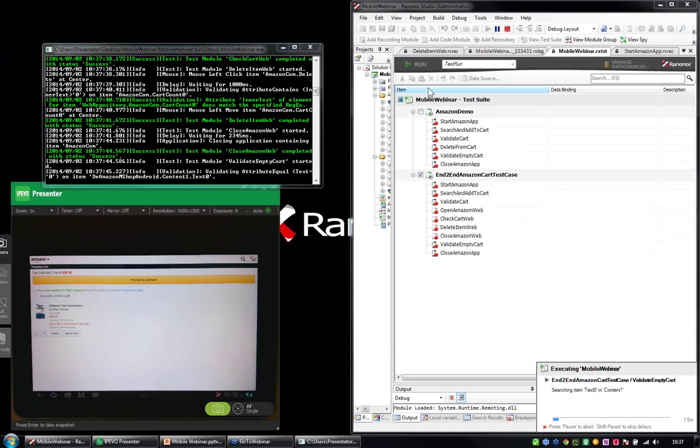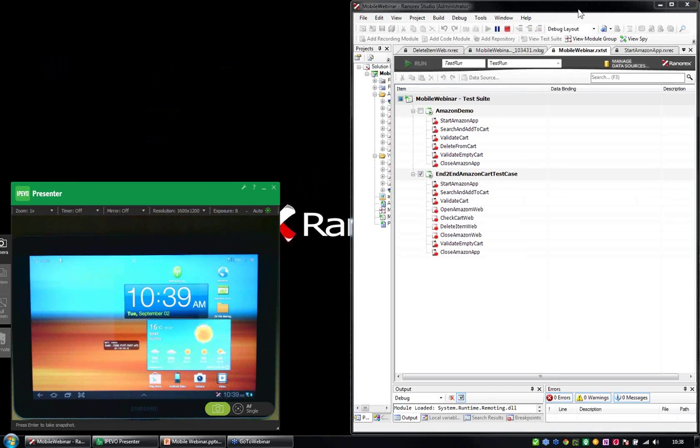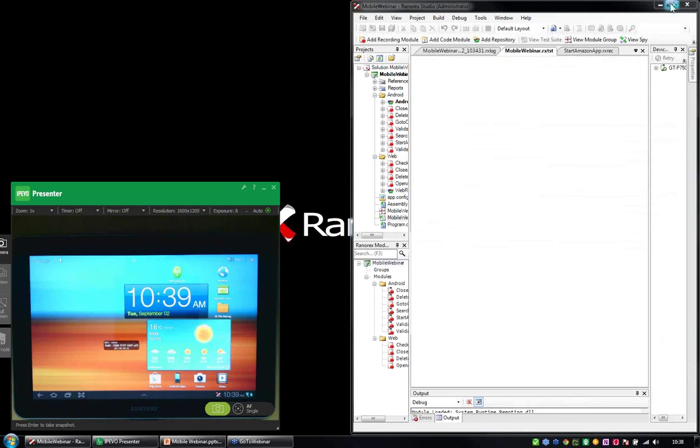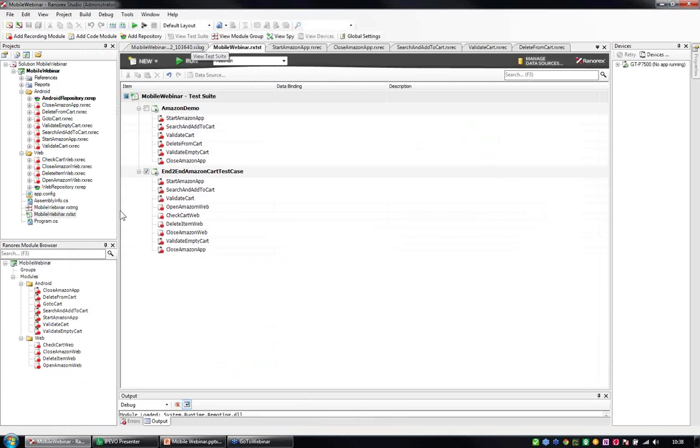Amazon.com. And then we are back on the mobile device, and I forgot to add the go to cart action. Oh, this Amazon app confused me today, so I'm very sorry for that. So now we are validating that the cart is empty, and then we are closing the application again. So, but you already saw that you can set up a cross-technology end-to-end test case with Ranorex, and yeah, you